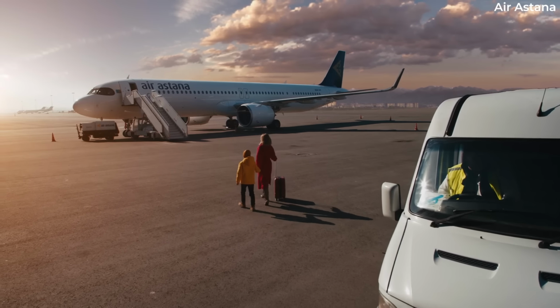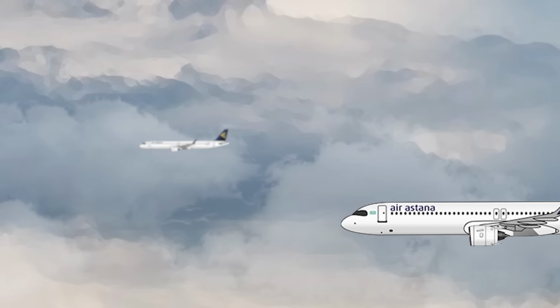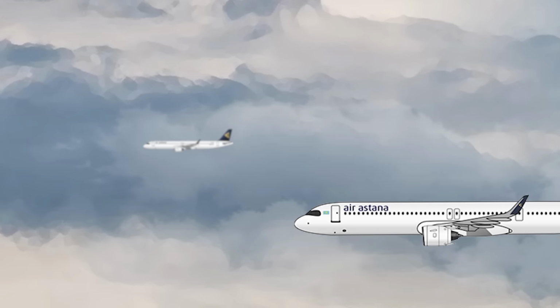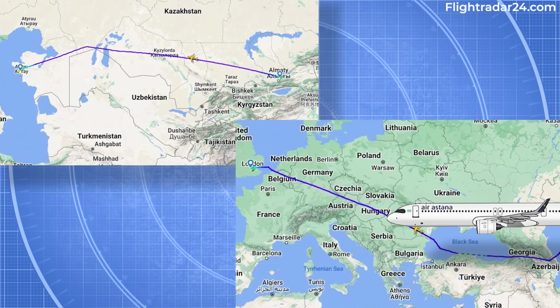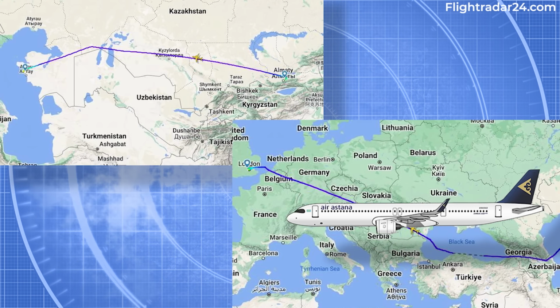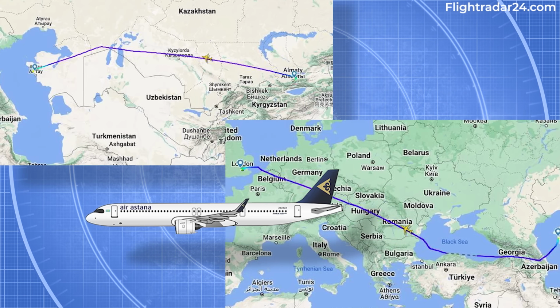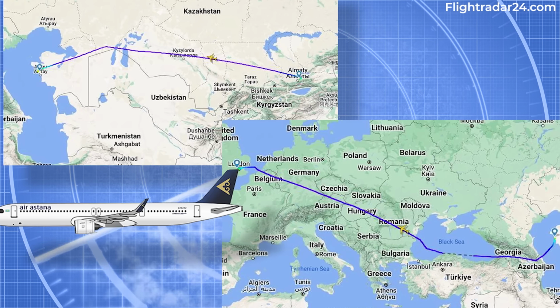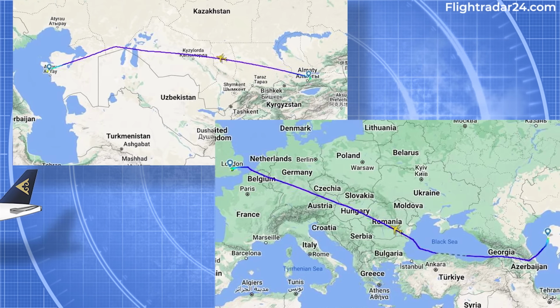Due to the Russia-Ukraine war and seemingly because Air Astana cannot obtain insurance coverage to fly to Russia or through its airspace, flights avoid the country. As such, Heathrow services currently operate from Almaty via Aktau in both directions. This setup began in May 2022, shortly after the war started, and passengers can connect to Aktau to reach Nur-Sultan,